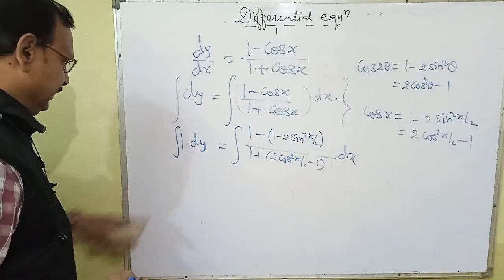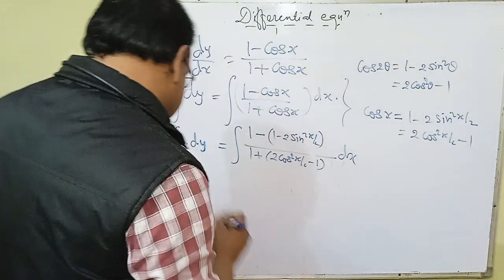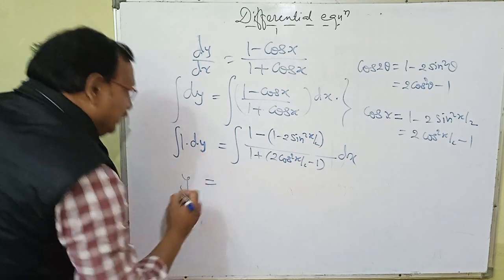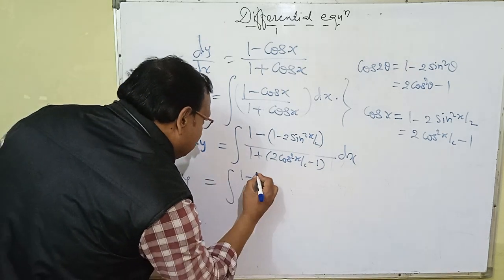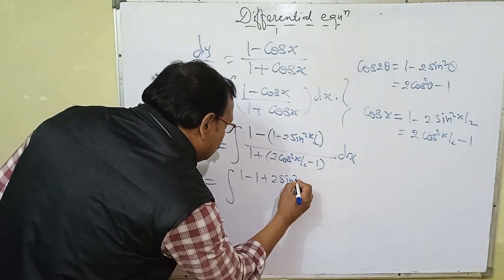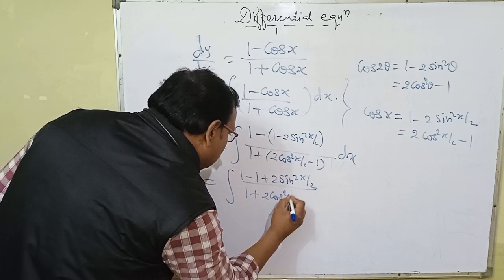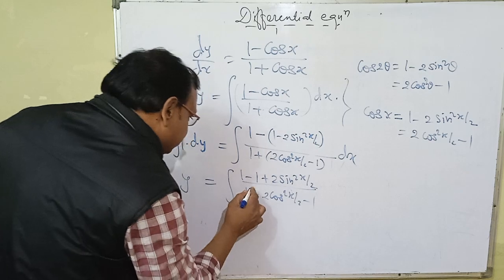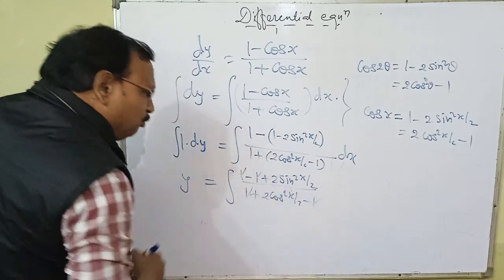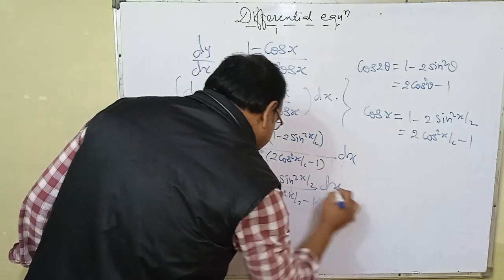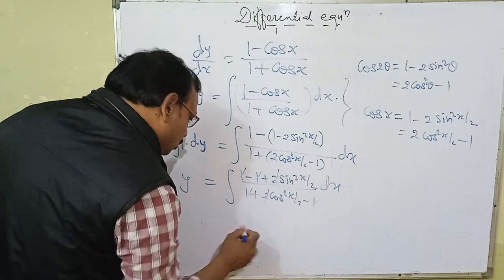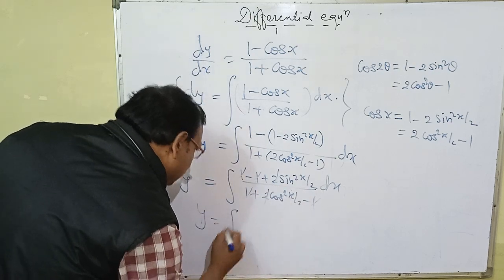Integration of 1 dy, integration of 1 is y. 1 to 1 cancel, 1 to 1 cancel, 2 cancel again, y is equal to integration